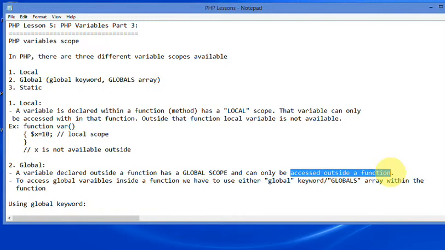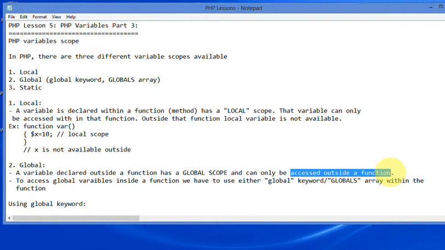Normally in C or any other programming language, global variables are automatically accessible inside the function, but in PHP that is different. In PHP, global variables are not accessible inside the function automatically. By default they are not accessible.